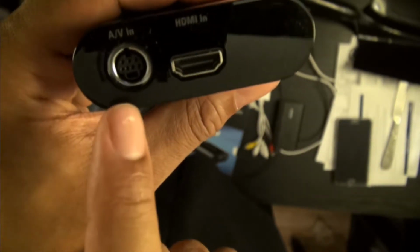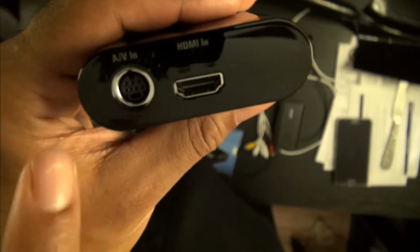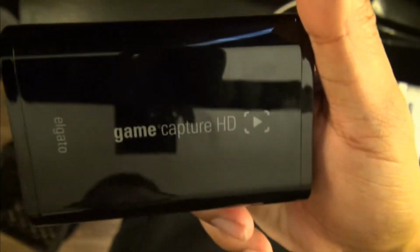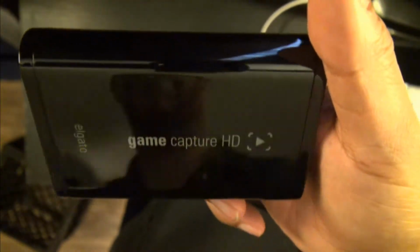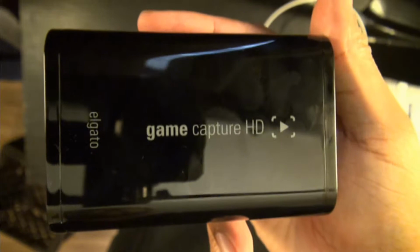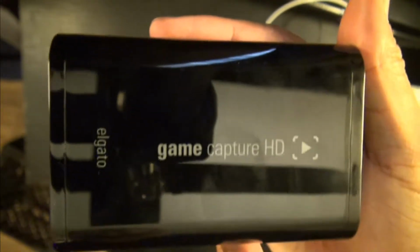This is for S-video, an older type of connection used before HDMI. So when you look at this video game capture card, you could record modern games. You could record movies. You might see people with illegal copies of movies. Most likely, it came from a device similar to this. This is not the only game capture card. There are many, but